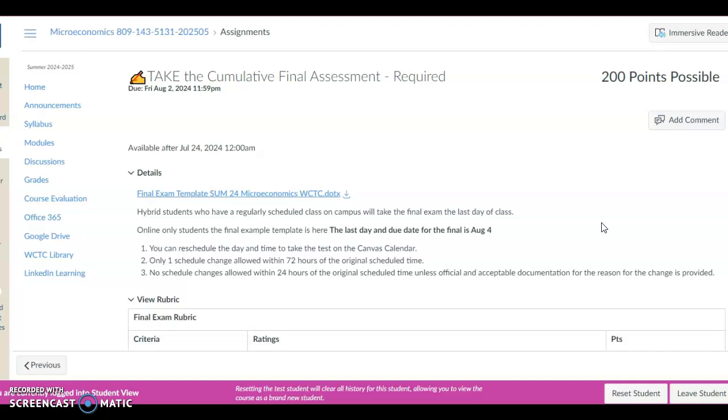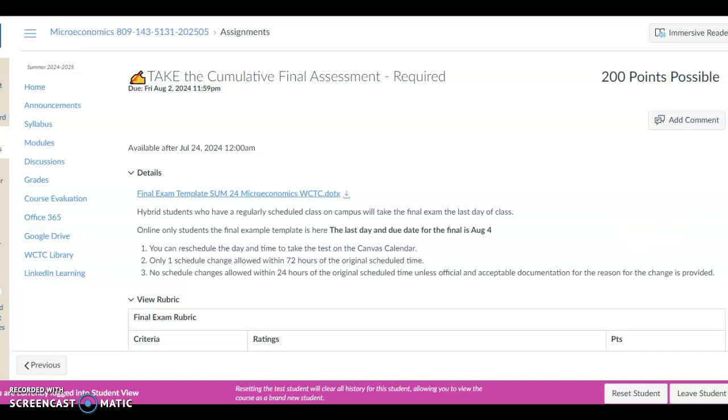Instead of August the 2nd, which would have been a Friday going into Saturday, and as I put in writing in the instructions, the due date and time to complete the final exam will be Sunday, August the 4th at 11:59 p.m. That's when all final exams are to be submitted.